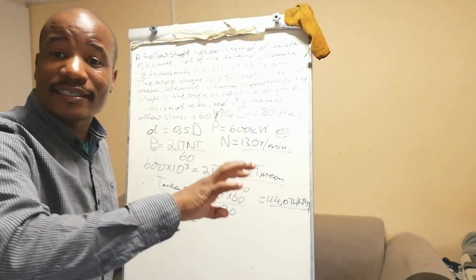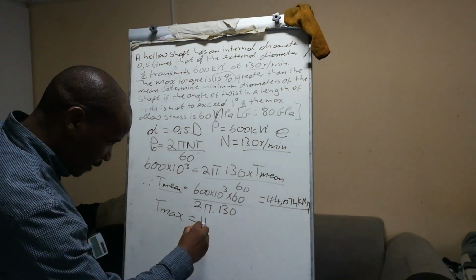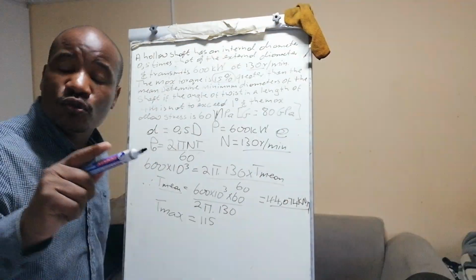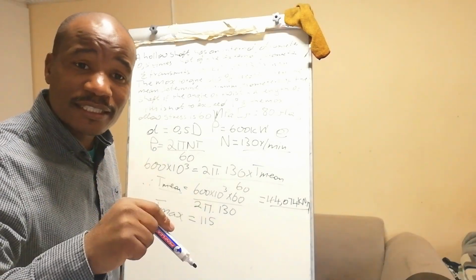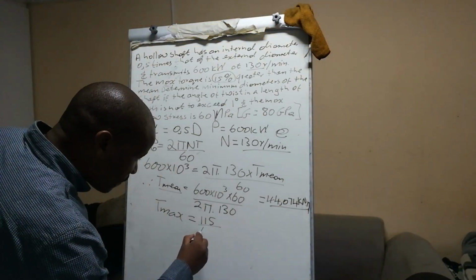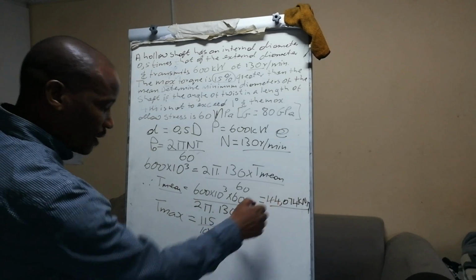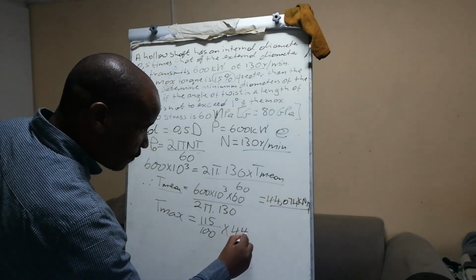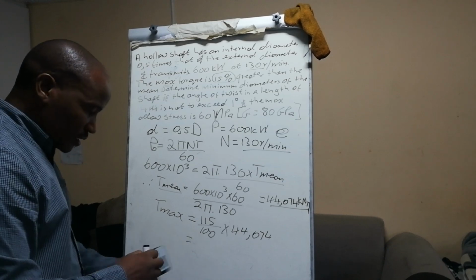It will be 100 plus 15, it's 115. But you have to divide by the maximum percentage, and the percentage ends up at 100%. It's 115 divided by 100, multiplied by the mean torque,